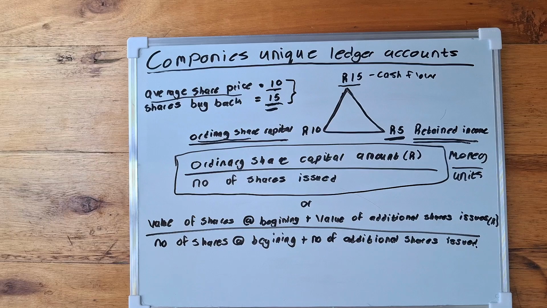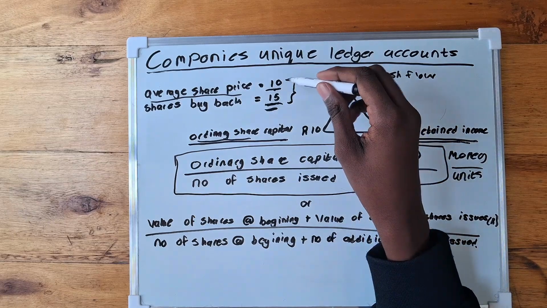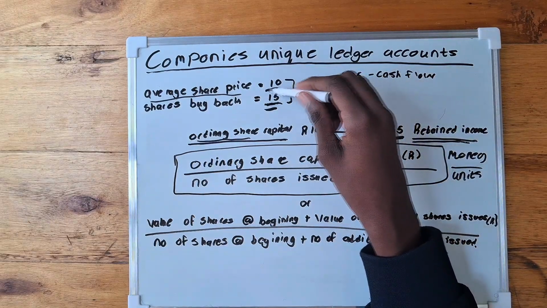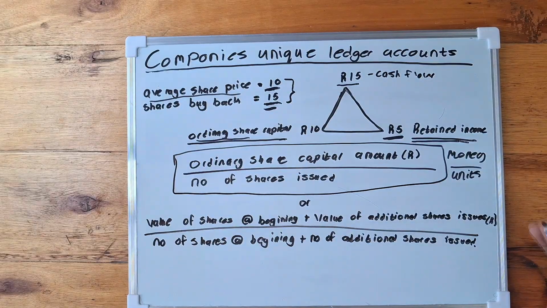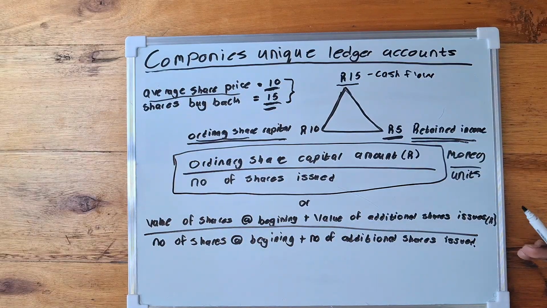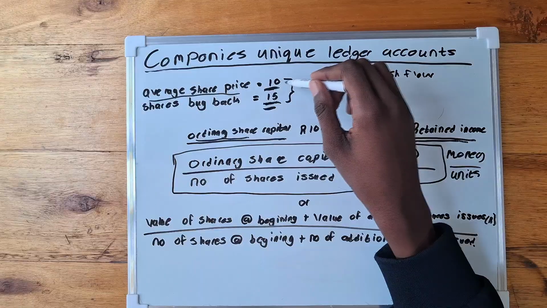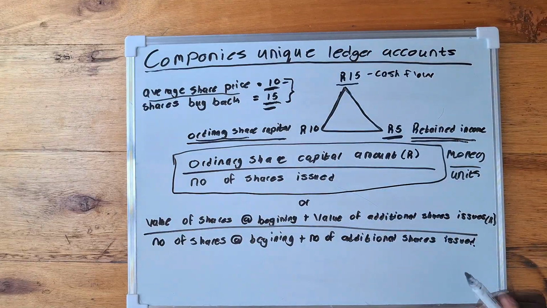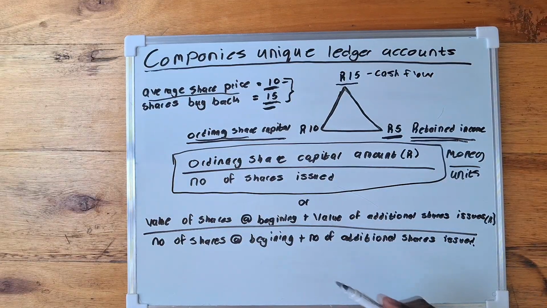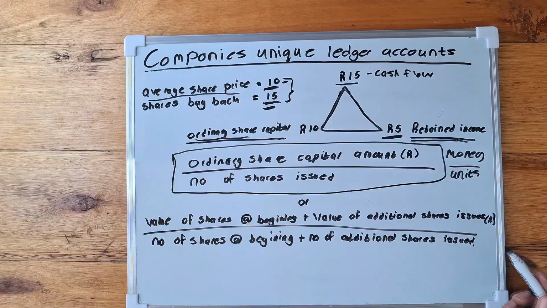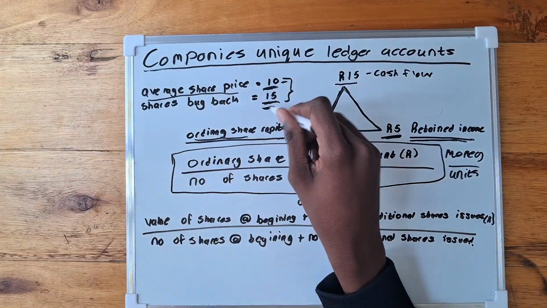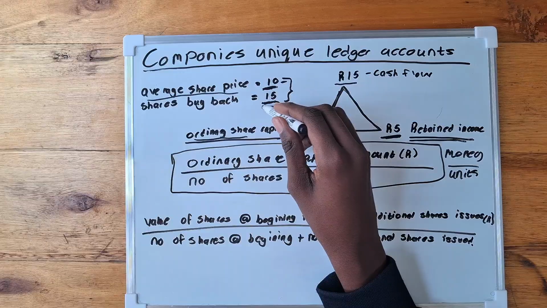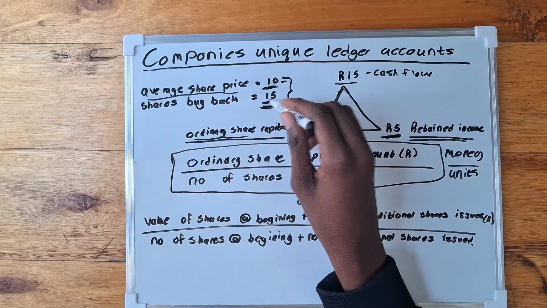So to recap, right, we know that the value of our shares is 10 Rand, right, but we want to buy back the shares from a shareholder. Now, if a shareholder wants to sell their shares, they are not going to sell their shares for 10 Rands because they most likely bought the shares for 10 Rand. So they won't be making a profit. So the shareholder also wants to make a profit. So let's say us as the business, we are able to buy back the shares from the shareholder for 15